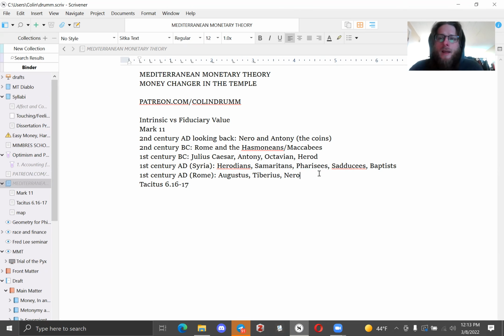This is not really a hard and fast rule. There are also Pharisees, members of the Pharisee party, who are part of the temple administration. But the best way to distinguish these three different groups is that they take different positions on the relative value of oral versus written law. So the Sadducees, who are kind of the Hasmonean establishment, is maybe one way to think about it, their position is that only the text matters.